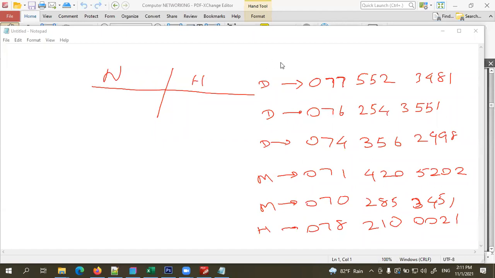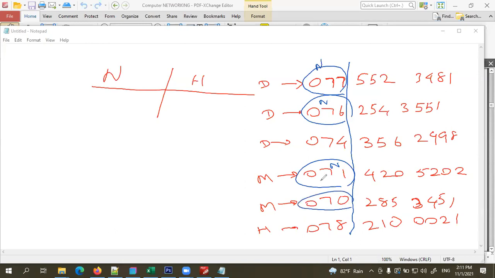So that means even these phone numbers also have two portions. You can divide it from here. This portion belongs to the network. This is Dialog network. This is Dialog network. This is Mobitel network. All the Mobitel numbers have 071 or 070, right? So this part is called the host part. This number varies with the user, right? So in phone numbers, the network portion is fixed. We call that fixed length. Only 3 digits are used to define the network portion of a phone number. But in IP addresses, that varies.